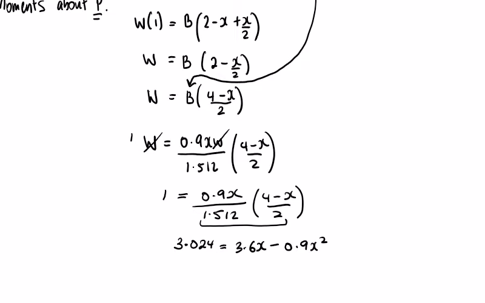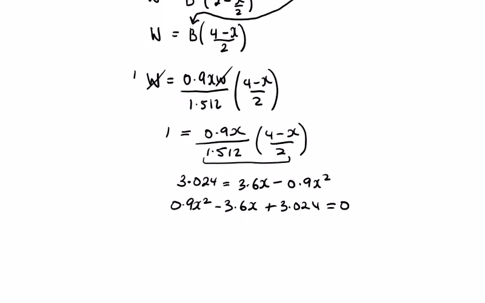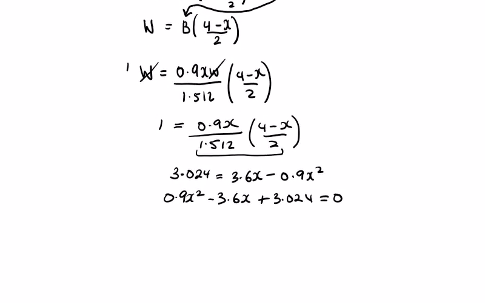Bringing these to the left, we get 0.9x squared minus 3.6x plus 3.024 equals 0. You can type that into your calculator, or we could divide by 0.9. 0.9 goes into 3.6, and it does go into 3.024, giving x squared minus 4x